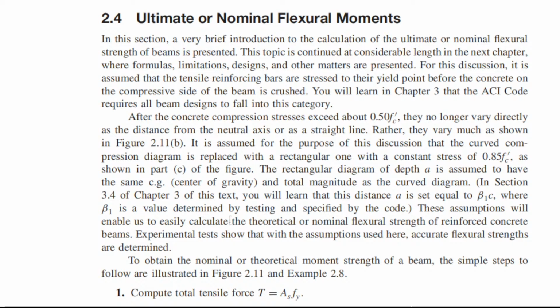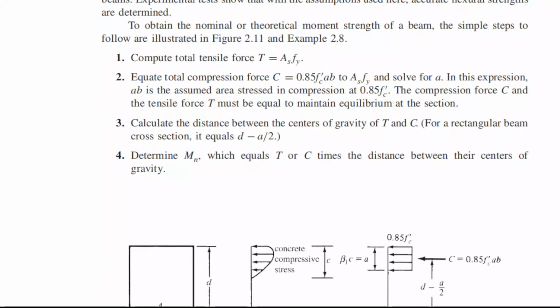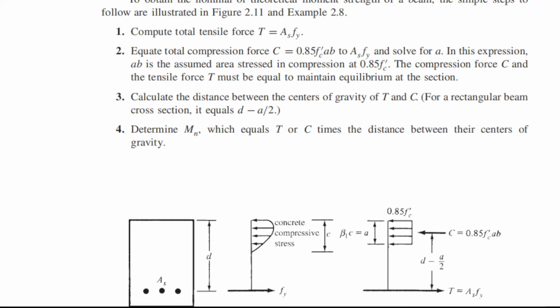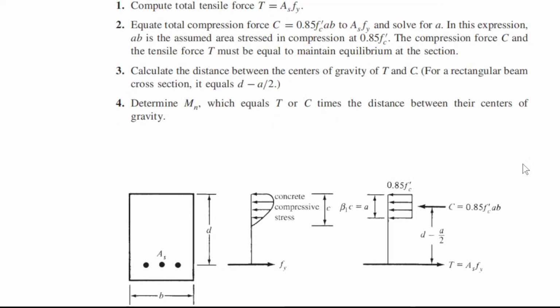This assumption will enable us to easily calculate the theoretical or nominal flexural strength of reinforced concrete. This is a simple procedure to obtain the theoretical moment strength. So number one, you need to compute the total